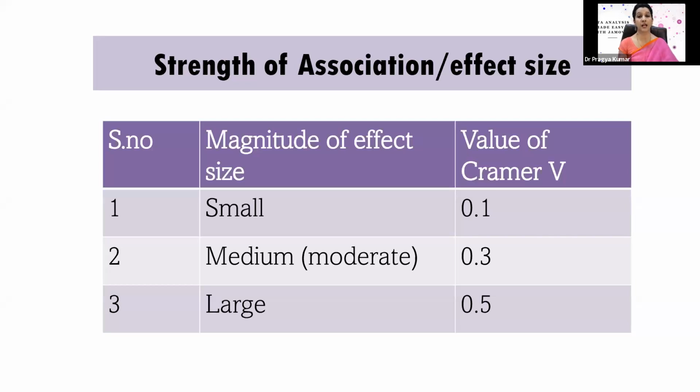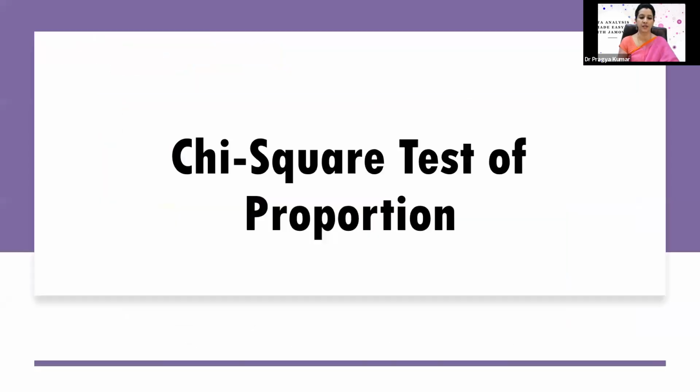Effect size is sample size independent. If you increase the sample size, the value of chi-square will increase, but the effect size is independent of the sample size. That's why these days, wherever you show the p-value and the confidence interval in any hypothesis testing, you should report the effect size also. This effect size tells you how clinically significant the association is, whether small, medium, or large. So we define effect size in a chi-square test in the form of a value in JAMOVI. Before we move to the chi-square test of proportion,